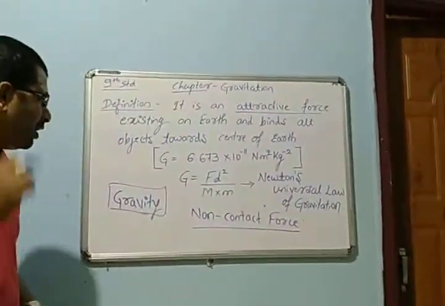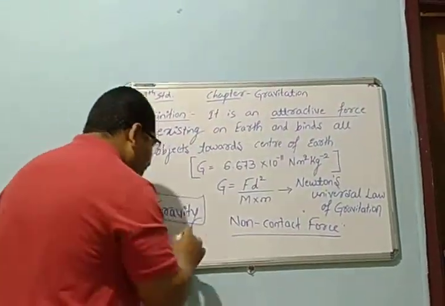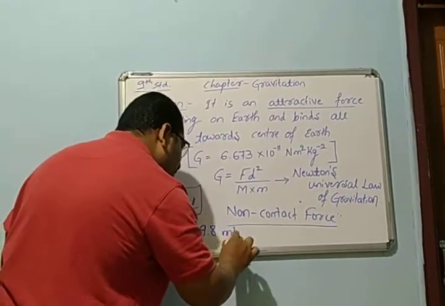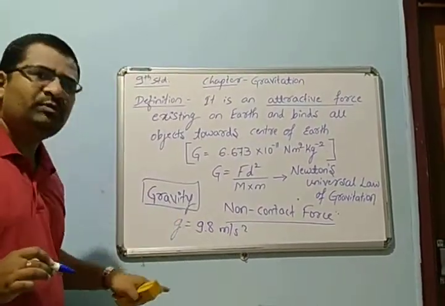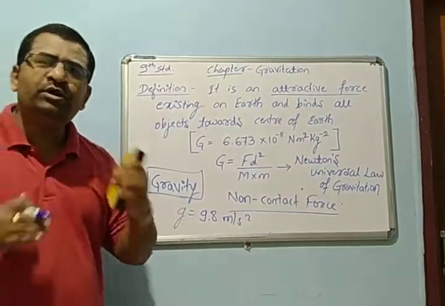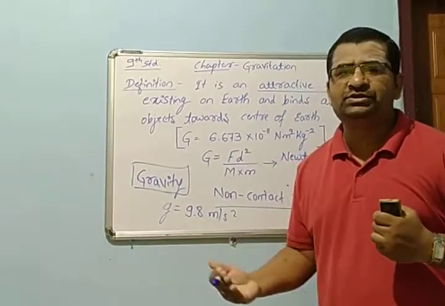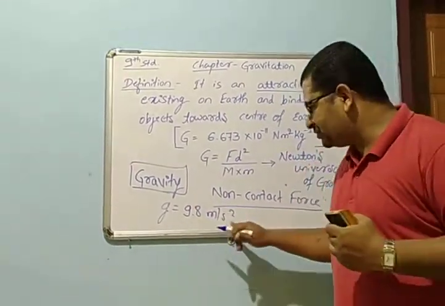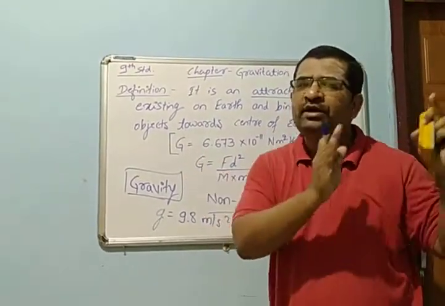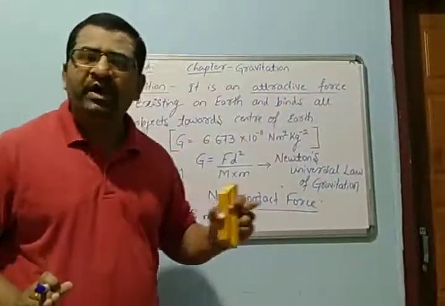And whatever the gravitational force of the earth, that is acceleration due to gravity, g is equal to 9.8 meter per second square. So this is the maximum value, and this value is not constant at all the places or at all the regions on the earth itself. It may differ. This is just because of the geological nature of that particular place, or of that particular region. So depending upon that,